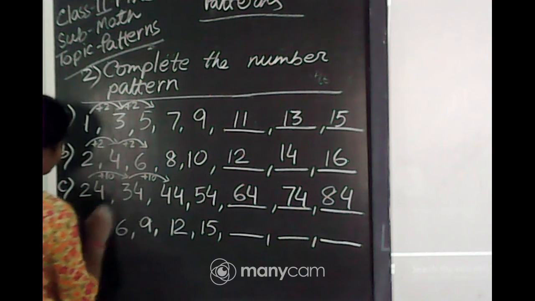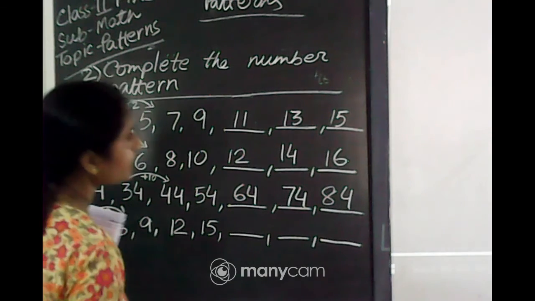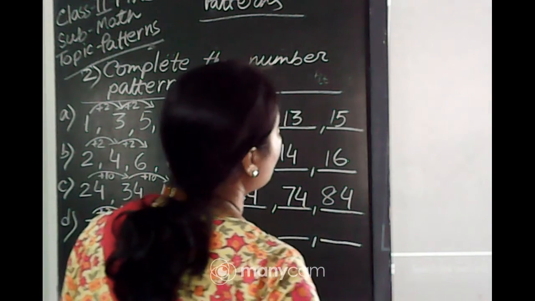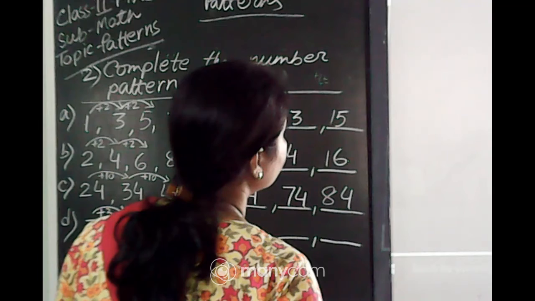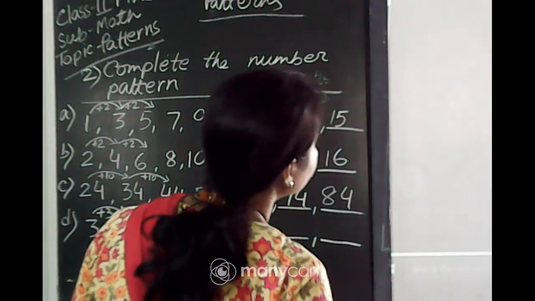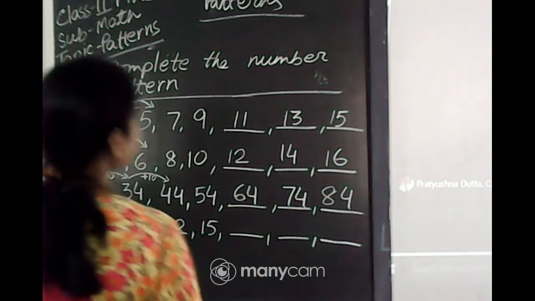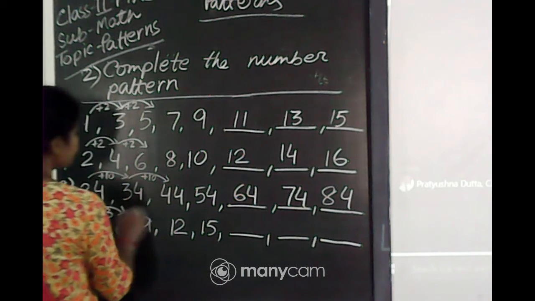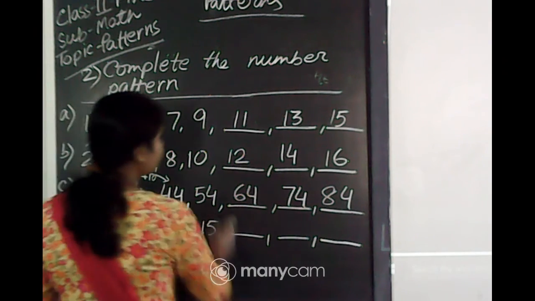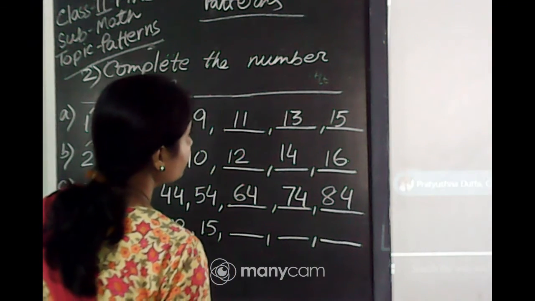3 plus 3. Here we add 3. 3 plus 3, 6. 6 plus 3. Washim, very good. Orithro, answer me. Don't send any type of emoji. Nihan, very good. Oshmi, very good. Saptarshi, very good. 3 plus 3, 6. 6 plus 3, 9. 9 plus 3, 12. 12 plus 3, 15. Hridir, very good.